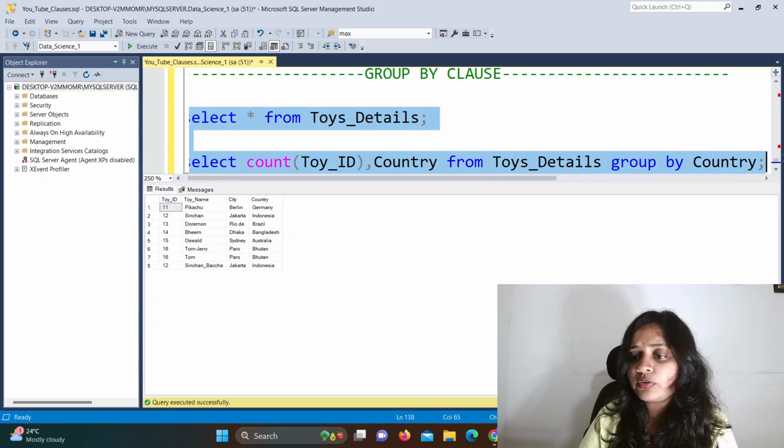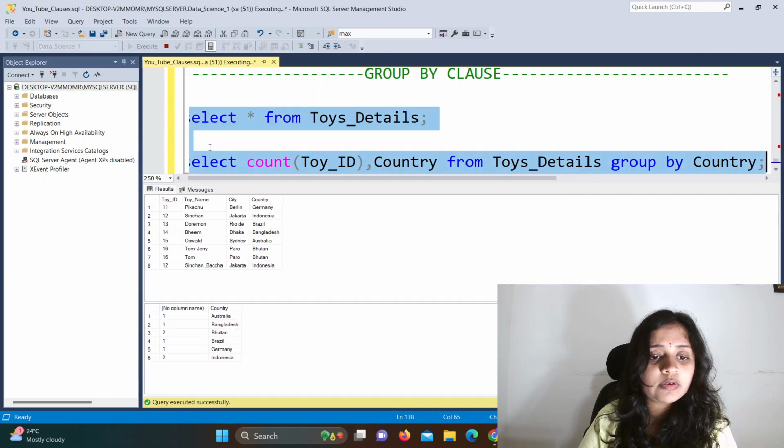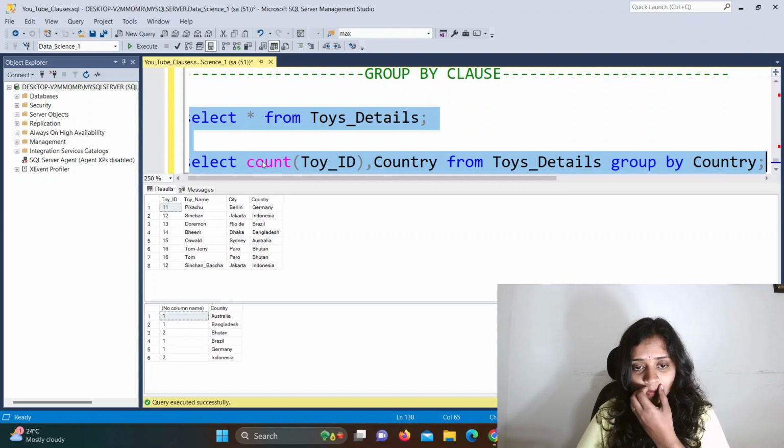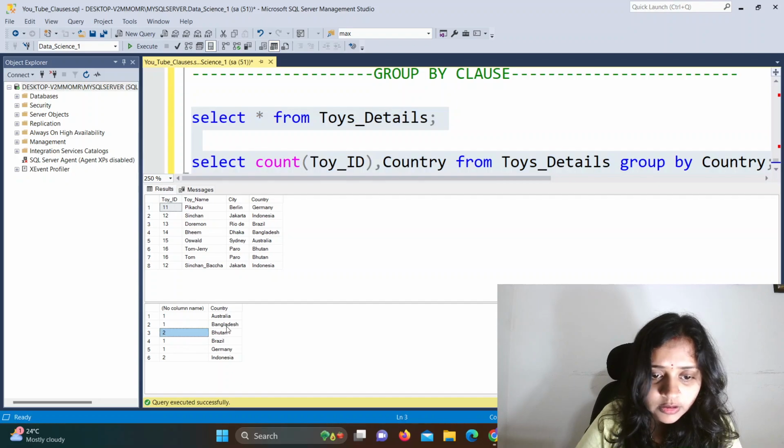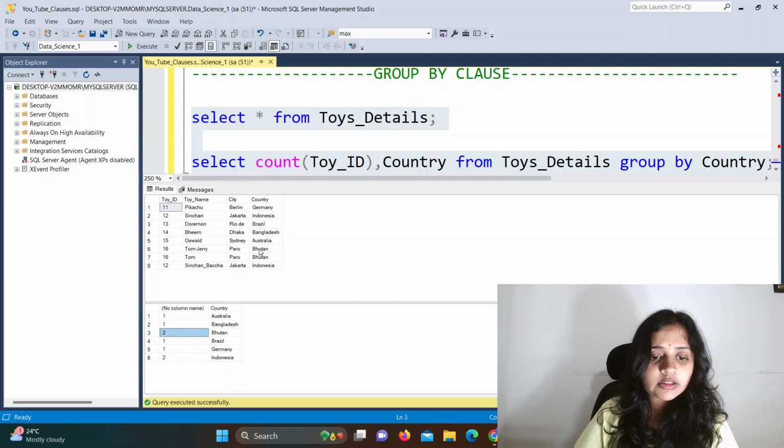If you need it, I will run both pieces of code simultaneously. Now what I have done is count of toy ID. So 1 is Australia. Australia is the country, and here you can see only one toy ID, that is 15. No 15 is repeated, so it is only 1. Now here I can see 2 is in Bhutan.